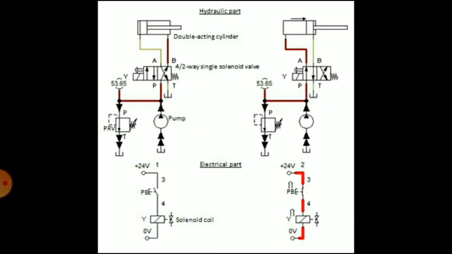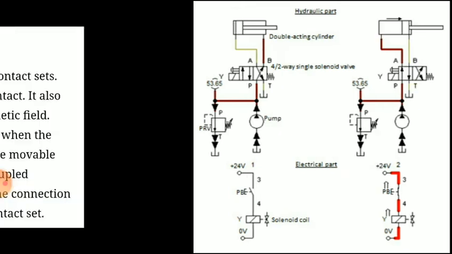Now you can see the hydraulic part on the left hand side circuit. You can see P is connected to A, which will move the piston in a forward direction, and at the same time the fluid from the piston rod end, that is working port B, is connected to T. So that will be the forward stroke. So this is a direct control of the electrohydraulic circuit.